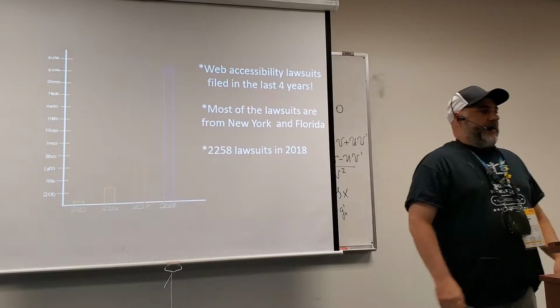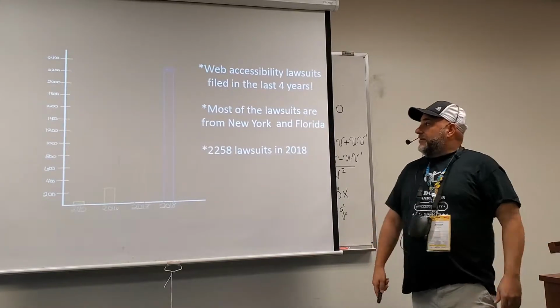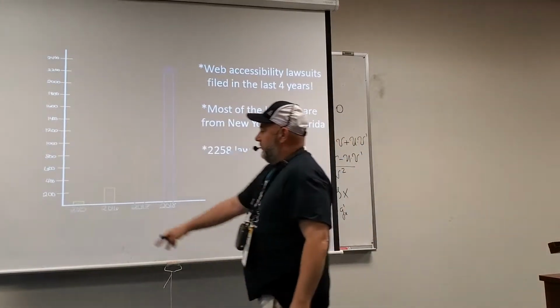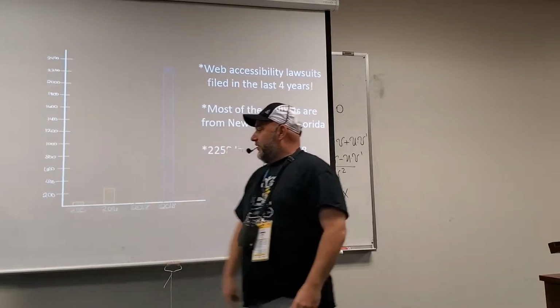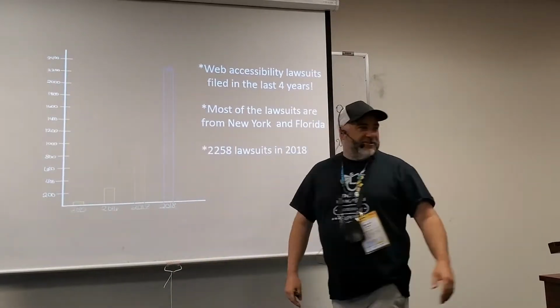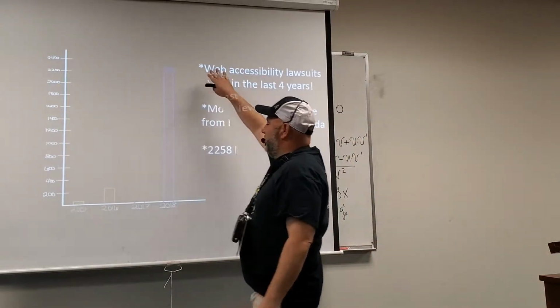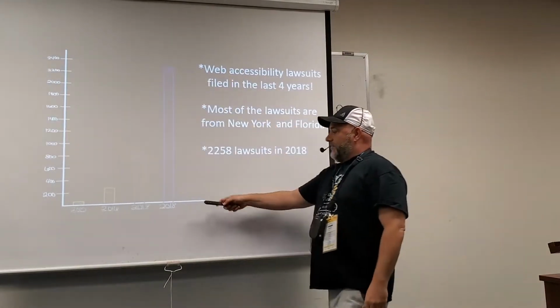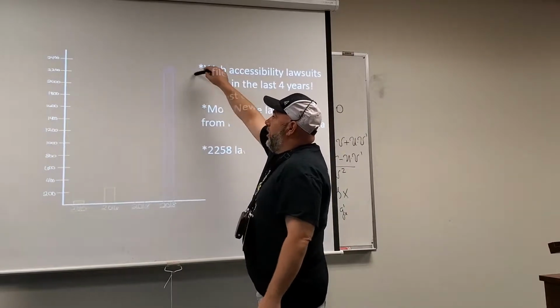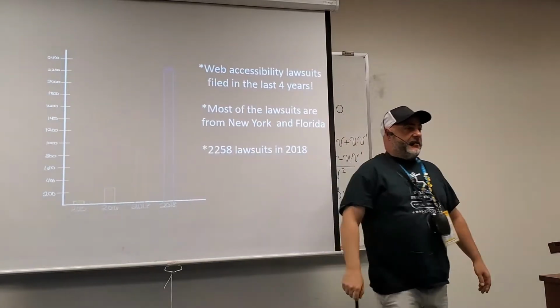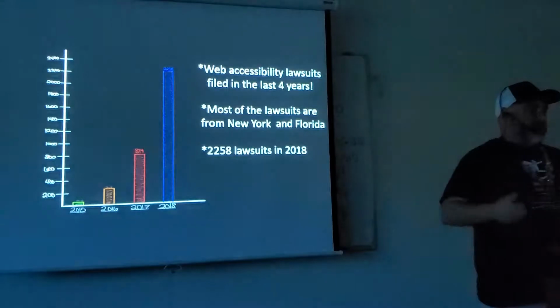All right, here's a little graph. You can see the web accessibility. It's just to show you 2015. I don't have the stat. I think it was like 50 or 80 or something. You could just see the exponential growth. And for 2019, we're already up in this area. So it's just grown. It's going crazy.